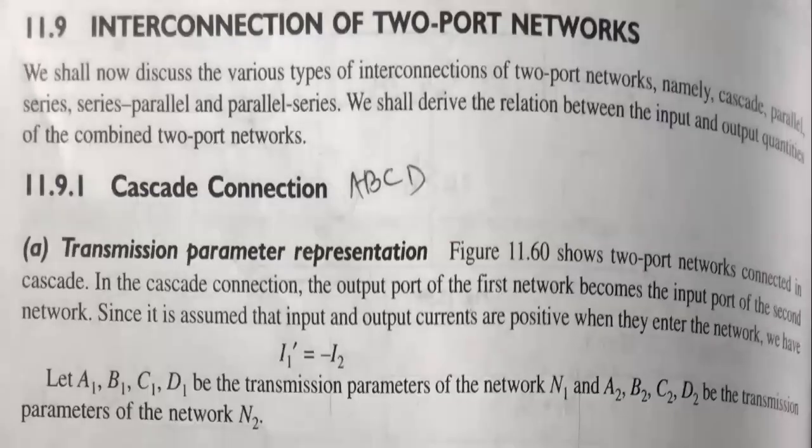Similarly, if you talk about the interconnection of two-port networks, obviously 4 to 5 connections are there, and for the sake of simplification of the input as well as the output quantities or parameters, we can combine, take individually, or separate out, and with the help of that we can reduce the circuitry of any kind of complex circuit.